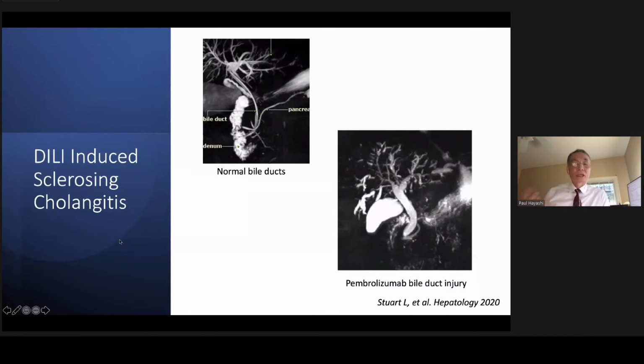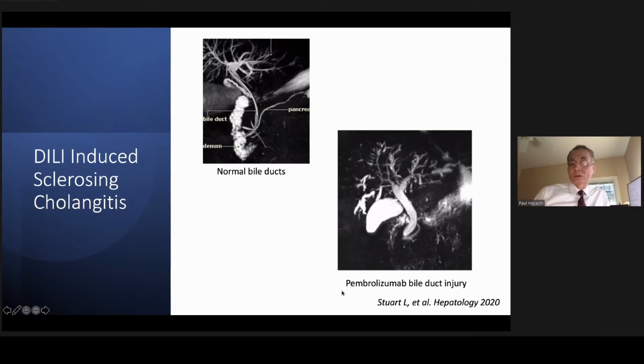And unfortunately, it hasn't stopped. We continue to find new phenotypes for DILI. And this is one of the more recent ones that's come to the fore. This is a DILI-induced sclerosing cholangitis. And for the non-clinicians, this is an MRCP. Gallbladder, stomach, the liver's up here. This is the duodenum. This is the biliary tree draining the liver. It's supposed to look like, what I say is, a tree on a winter's day.